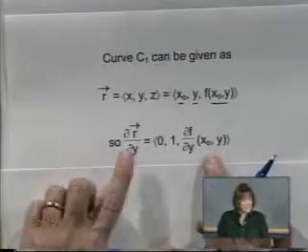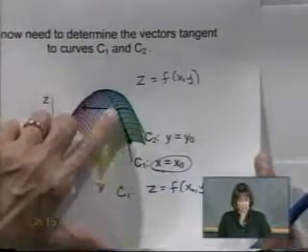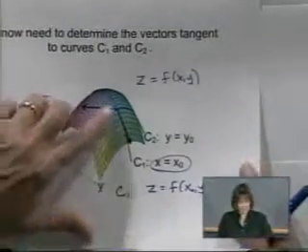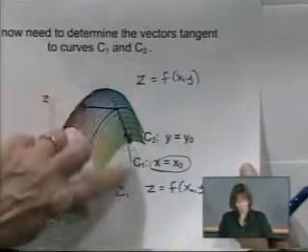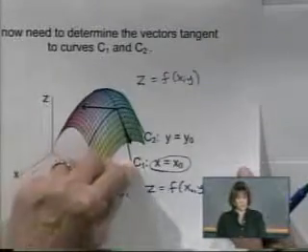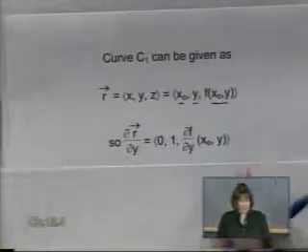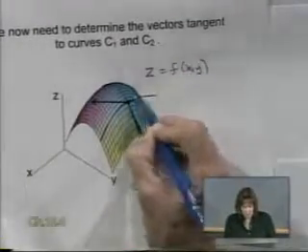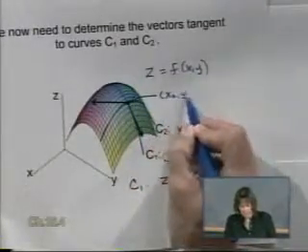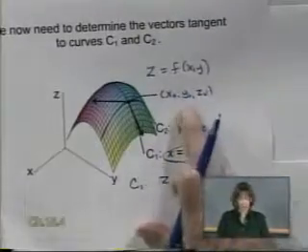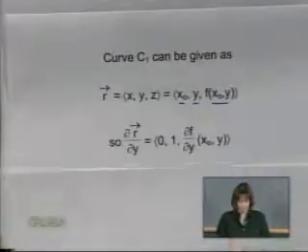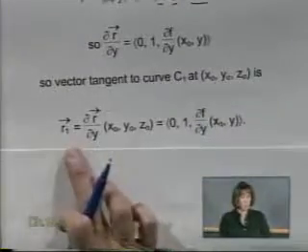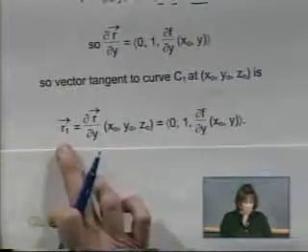All right, and this gives me a vector tangent, not to the plane, but tangent to curve C1. It gives me my tangent vector like I studied in chapter 14. Except if I want the very particular tangent vector at the point x naught, y naught, z naught, I will have to plug in y naught for y. And so my tangent vector, which I'm going to call R1,